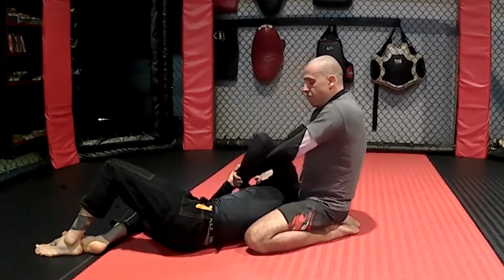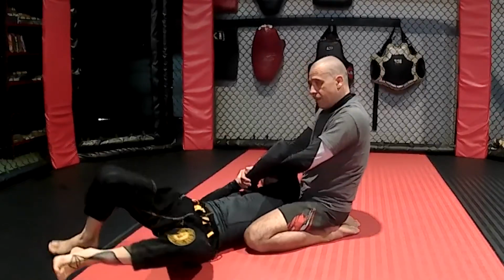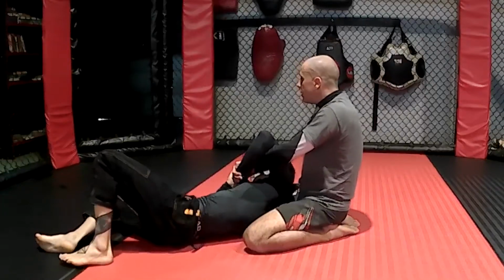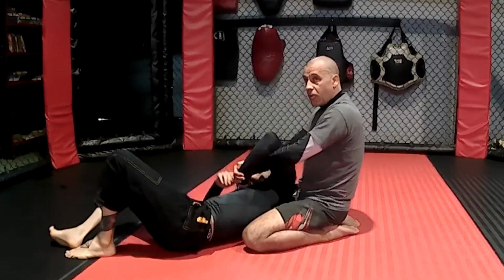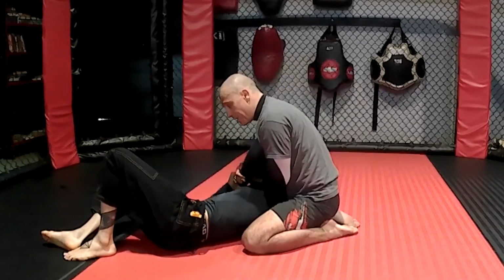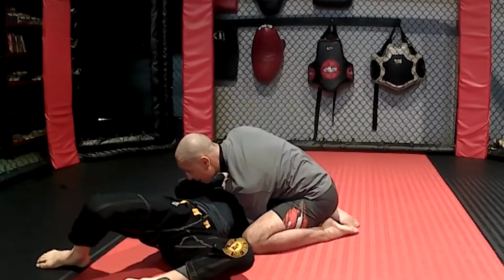Now if he tries to return to that position, it's very, very hard. It's really hard. It's probably hurting him as he does that. If he tries to go the other way, he's not going anywhere, simply because I'm stretching my arms as opposed to being here. Again, if I'm here and he does that move, it's not very hard and he's actually going